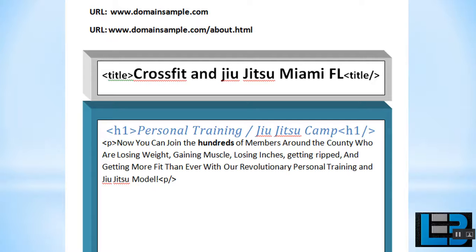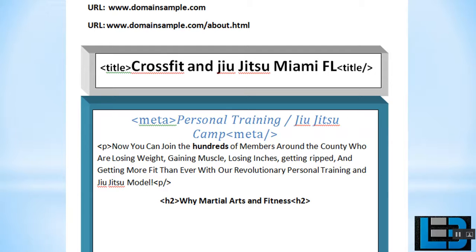So again, domain, title, H1, your paragraph, because you're not gonna have an H1 tag and then an H2 tag, which would be heading 2, without any text in between. You do not want to have it. So this is the order. You want to have a little paragraph talking about your page. And then here we go, we got an H2 tag, and you see I just switched the blue. If you're looking at the blue here,